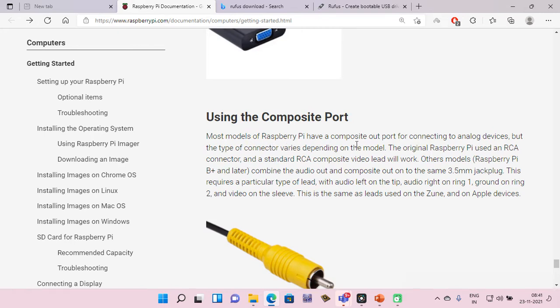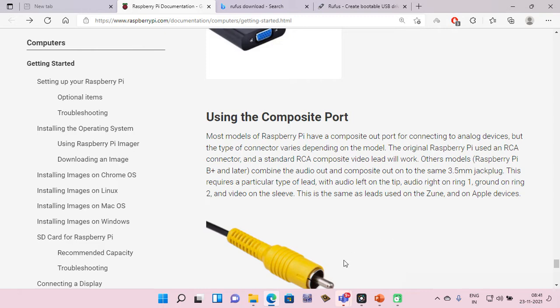Most models of Raspberry Pi have a composite out port for connecting to analog devices, but the type of connector varies depending on the model. The original Raspberry Pi uses an RCA connector, and a standard RCA composite video lead will work. Other models like Raspberry Pi B Plus and later combine the audio out and composite out onto the same 3.5 millimeter jack plug.